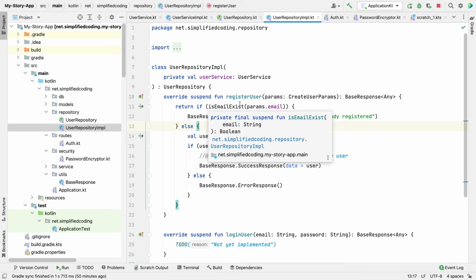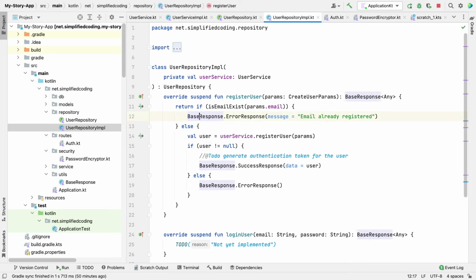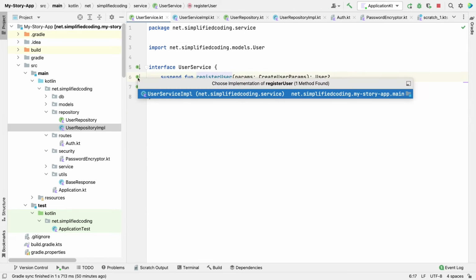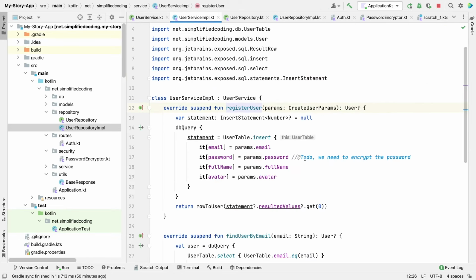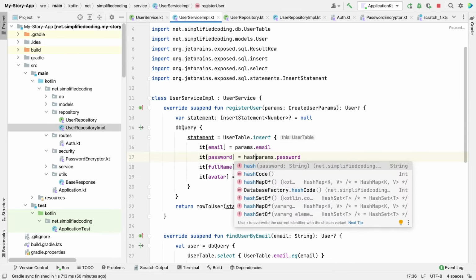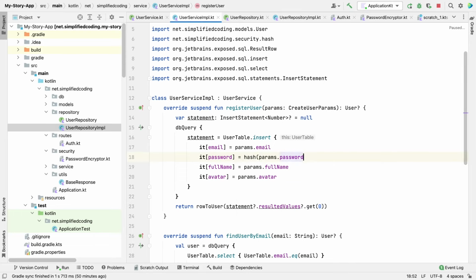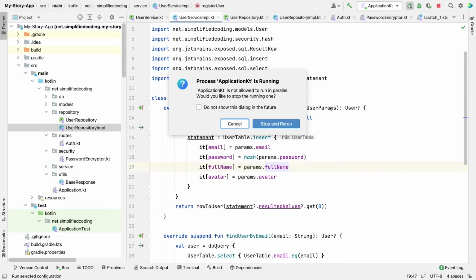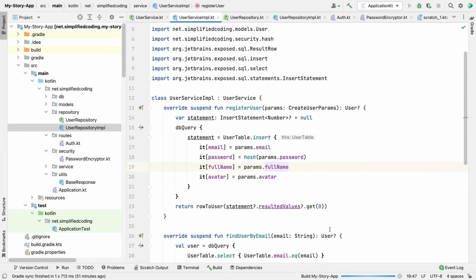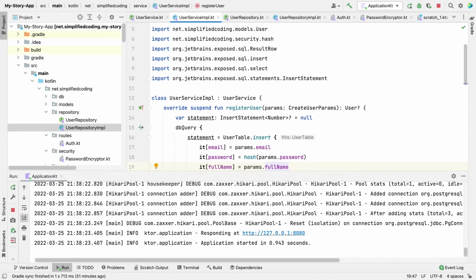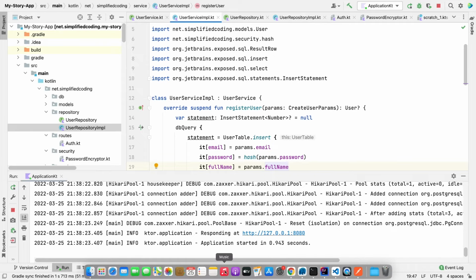We can hash the password at the repository layer as well, but we can also do it at service layer. So go to register user and here we can hash the password. So here we have added a to do. So what I will do here is I will write hashed password. Now if I run the application again and if I hit the same URL,